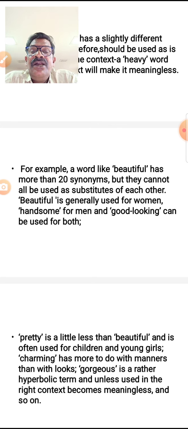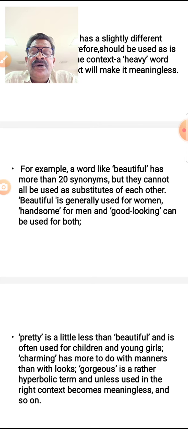Beautiful is generally used for women. Beautiful is an adjective, when it comes to parts of speech, right? It is absolutely related to women, that means feminine gender. Whereas handsome